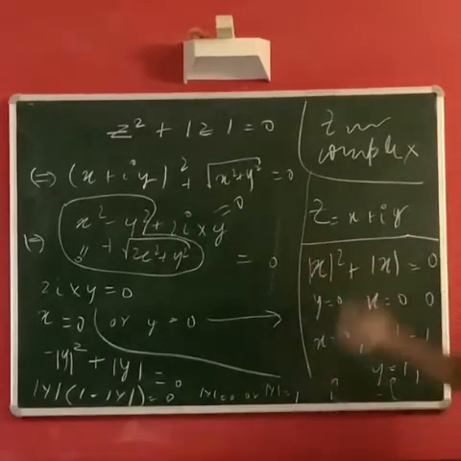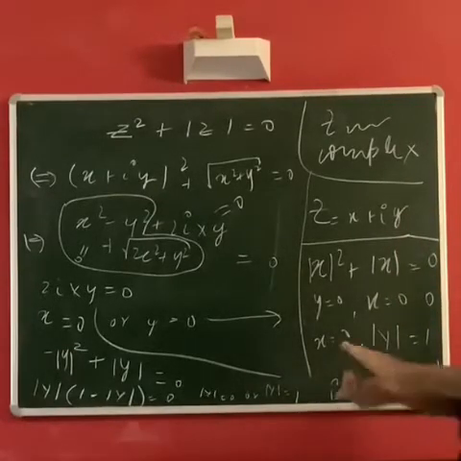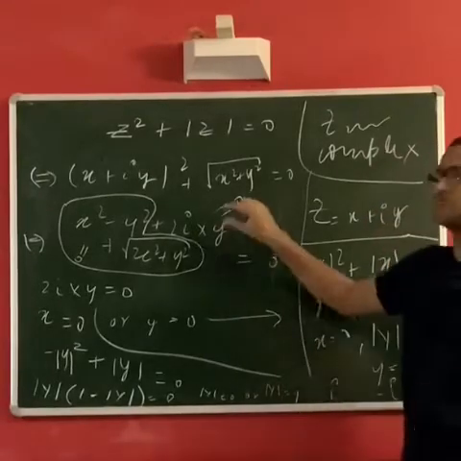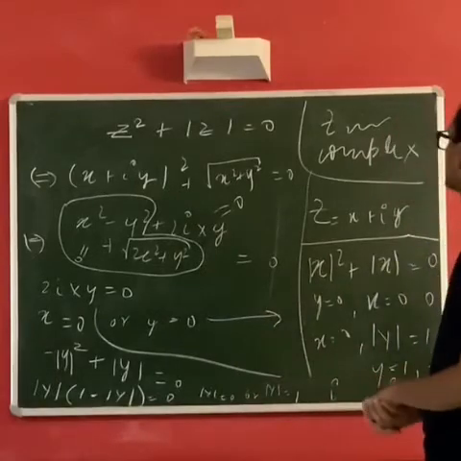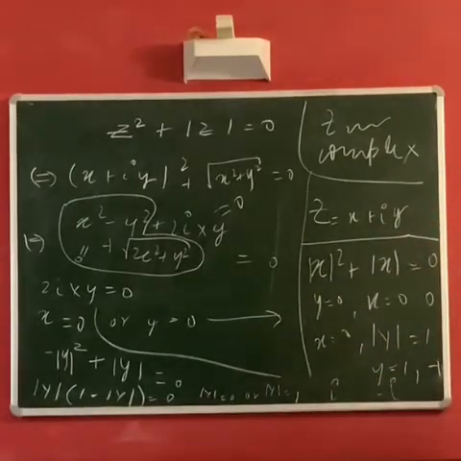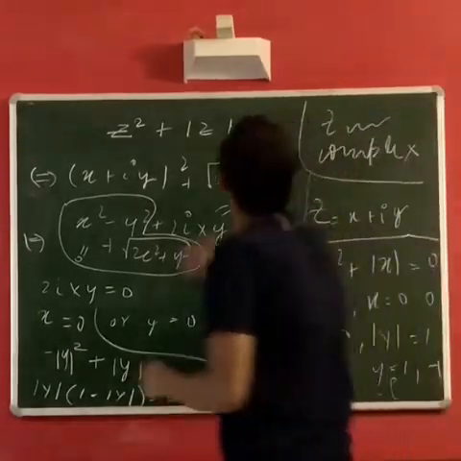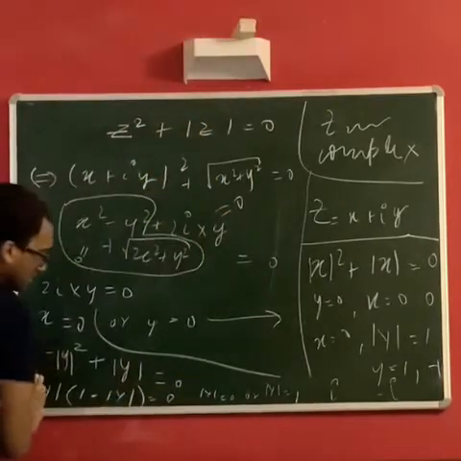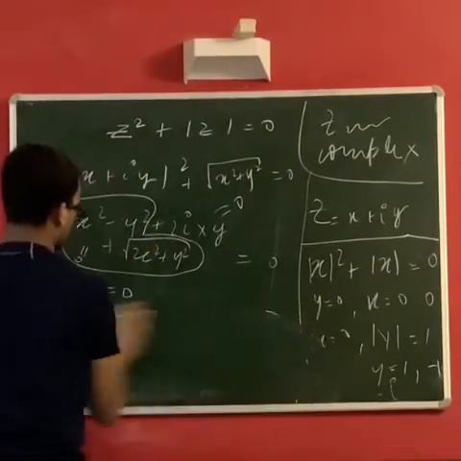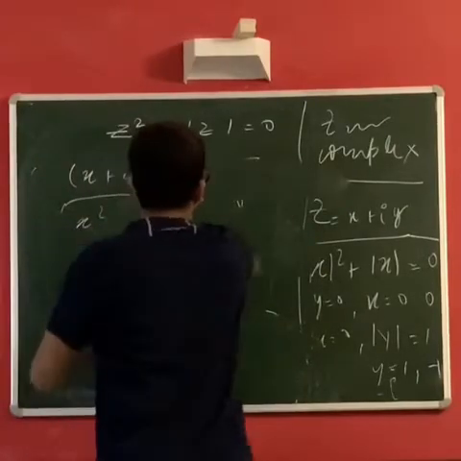I just wanted to go through this and see, even if it's a very easy question, what are the steps that we generally use to solve complex equations? Because one might be clueless, because these are things you just get used to, like equating real and imaginary parts and taking the Cartesian representation. Pretty much those are the only two things that we did in this problem. I will be doing another problem. It looks very similar, but after that we will continue with the algebraic identities that I talked about using cube roots of unity.